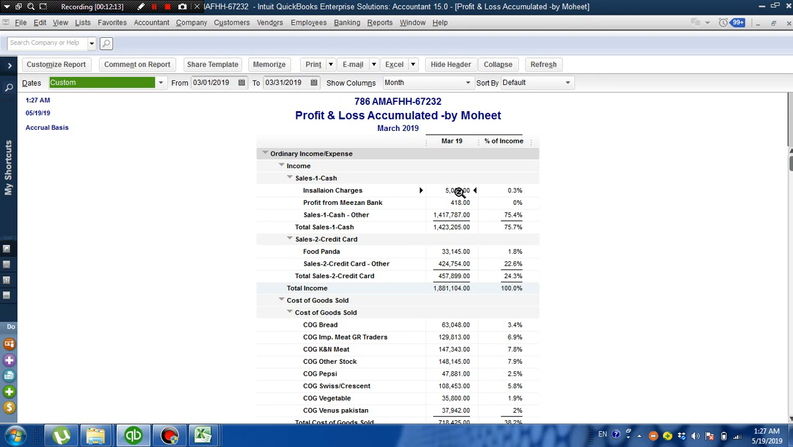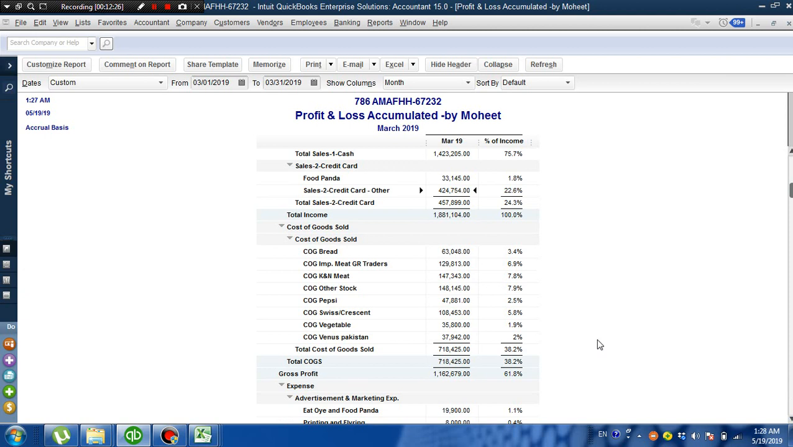Look at this. These are the installation charges. This is the bank profit. This is the cash sale. This is the Food Panda credit website sale. And this is the credit card bank sale. And this is the cost. The cost is booked like this,